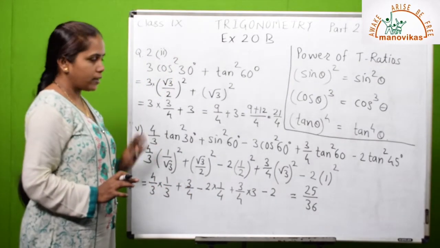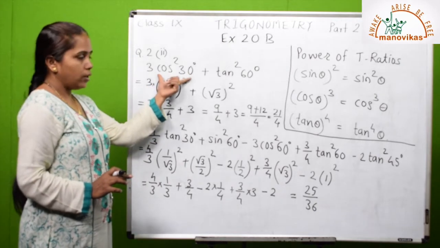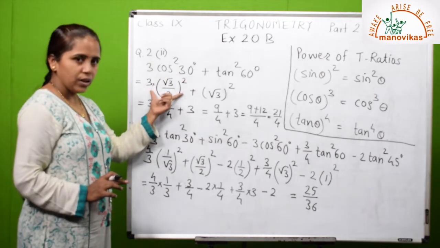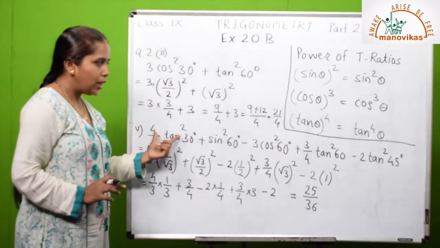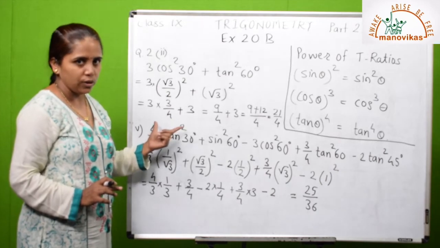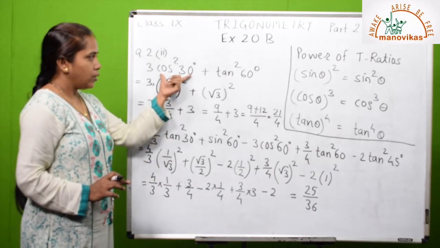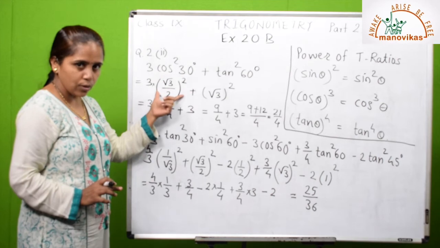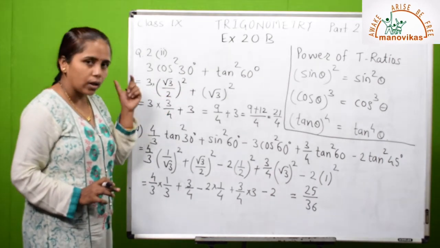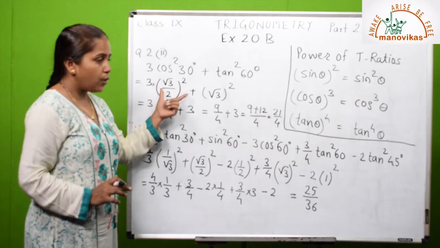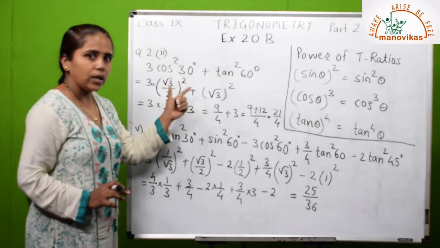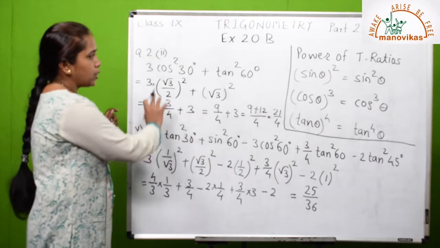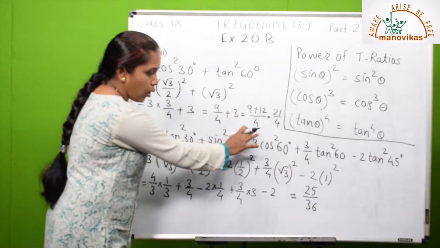So while solving the exercise sums, first write down the given sum, the given problem, and then in the next step substitute the values and then do the simplification or any calculation. Because when you are writing the sum, you will come to know which value you have to use. So substitute the correct values. If you substitute the correct values, you will get the marks. If any value is wrong, you will come to know where you went wrong at the end. Okay? Because if you substitute the wrong value, you will get the wrong answer here.